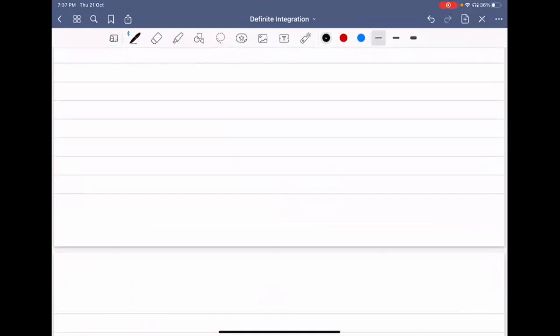In reduction formula, if Un is equal to the integration of 0 to pi by 2 of x sin x power n dx, where n is greater than 0,